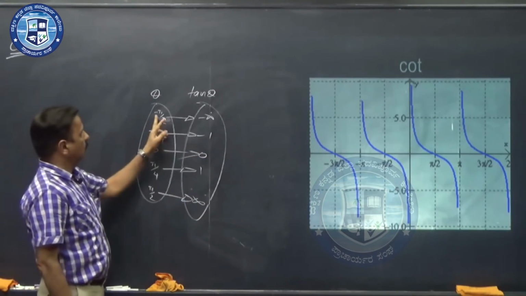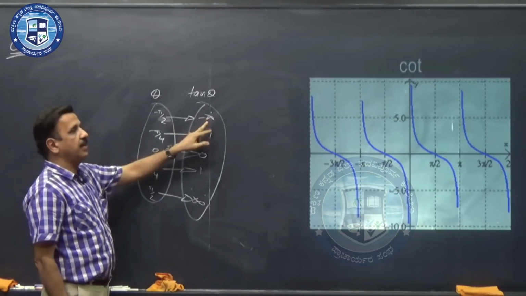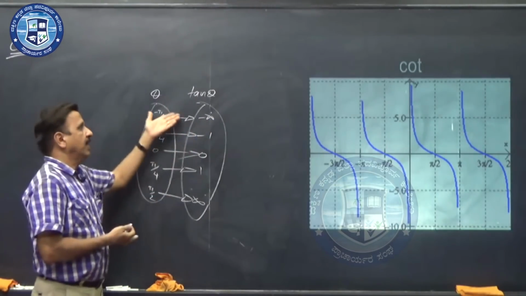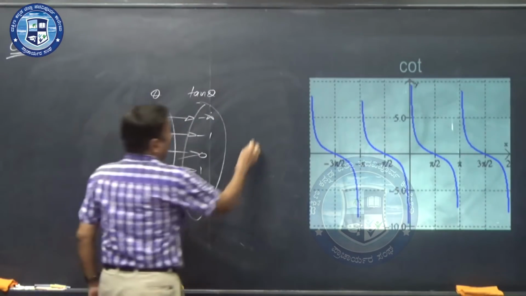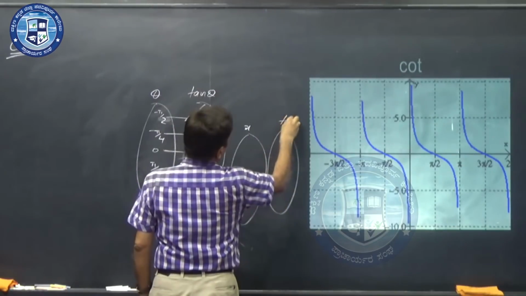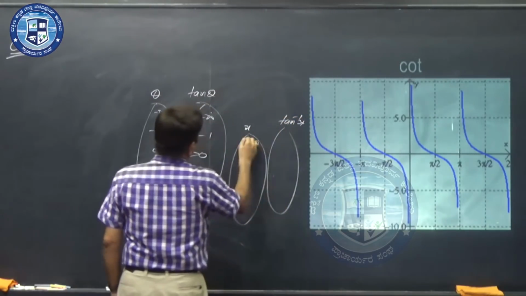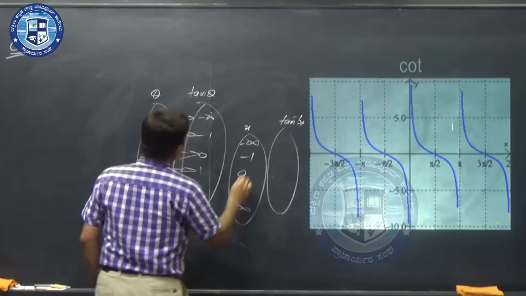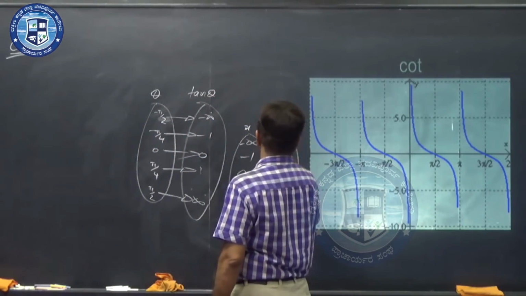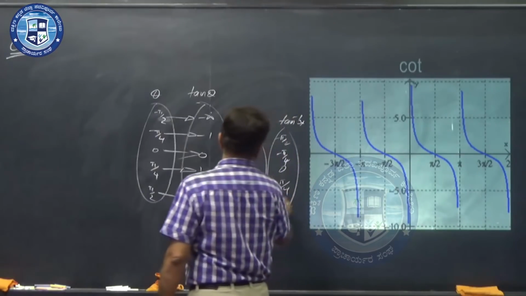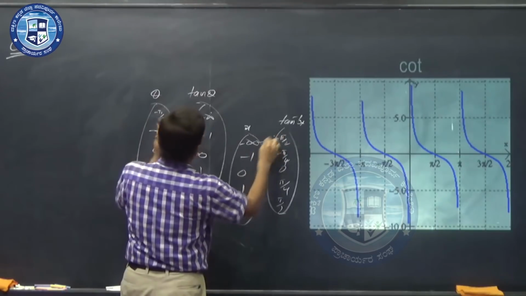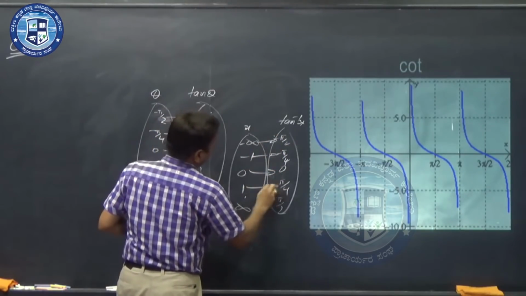Of course, even though tan of minus pi by 2 is minus infinity, it cannot be a point on the graph. Just for the purpose of analysis I have considered it, and when you draw the graph, this is x and this is tan inverse x. You find that minus infinity, minus 1, 0, 1, infinity, and here it is pi by 2, minus pi by 2, minus pi by 4, 0, pi by 4, and then pi by 2, and minus infinity is the image of minus pi by 2, and here it is bijective.